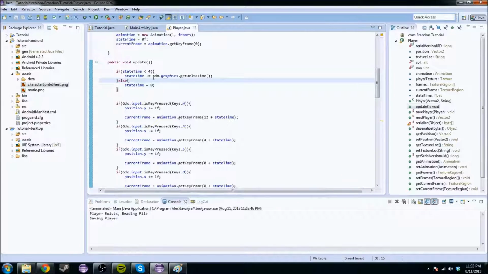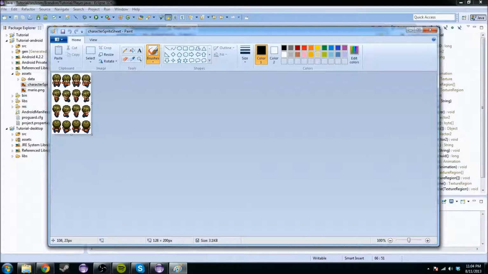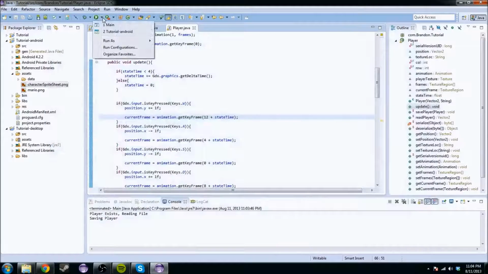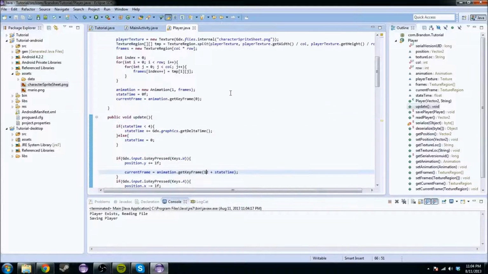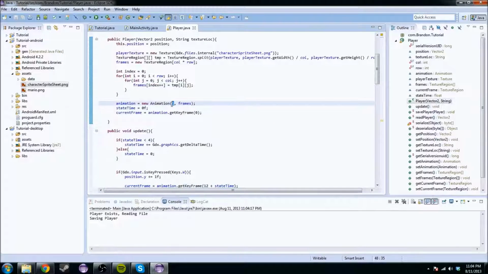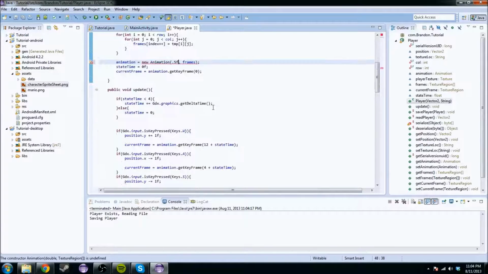So basically what I'm doing is it adds to the state time. The state time is always incrementing by 1, so that each second on the 12 the state time will be 1, so it'll be the 13th frame. But then when it gets to the last frame, which would be like the 4th frame, it'll go back to 0, so then it starts out this frame. So it kind of creates like a looping pattern, and it'll like do its cute little animation, but it's too slow. So we're gonna change this, and it's gonna act really weird, but